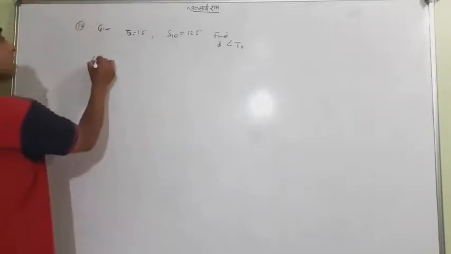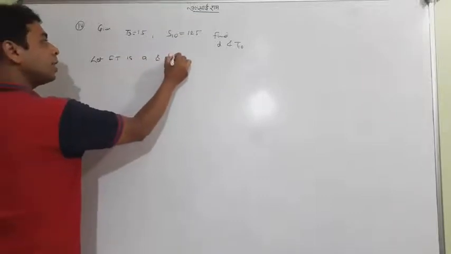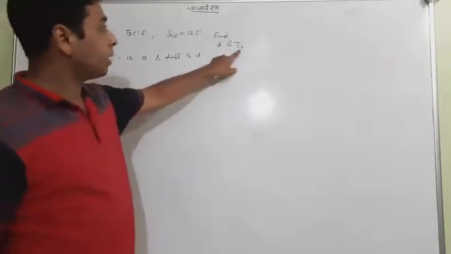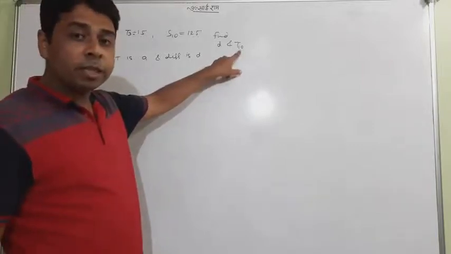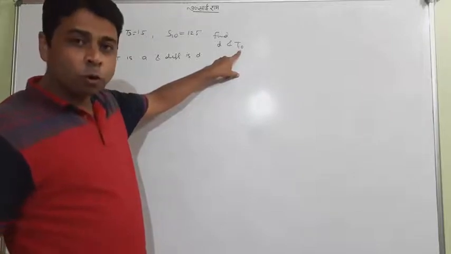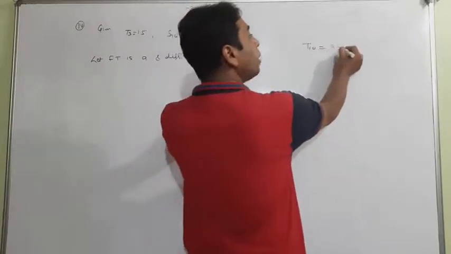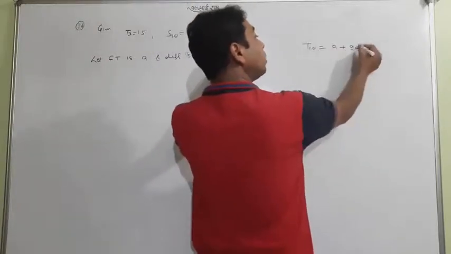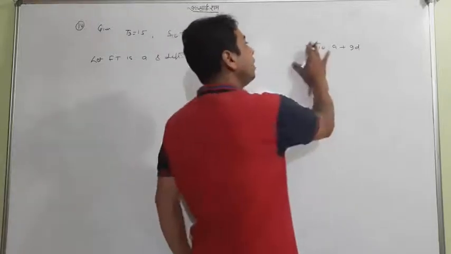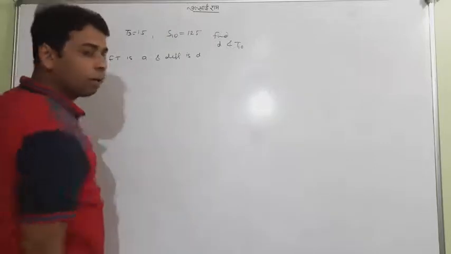So go with this. Let the first term be a and the difference be d as usual, which is already given here. We want to find d and T10. I again tell you that T10 means the nth term, and the 10th term depends on the nth term. Thus Tn equal to a plus (n minus 1) into d. So T10 will be a plus (10 minus 1), meaning a plus 9d. So we need two things, a and d. We have neither a nor d.